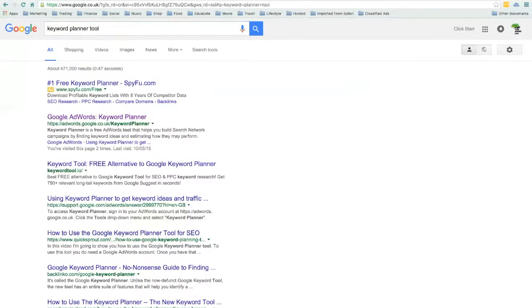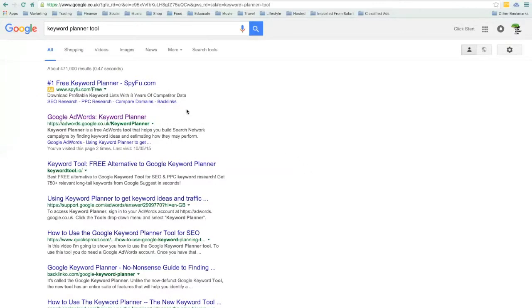Okay, so if I go ahead and just search that, you can see obviously it's going to throw up this is a paid ad. You can tell, because it's got a little yellow square with ad in it. Someone is promoting this by paying Google